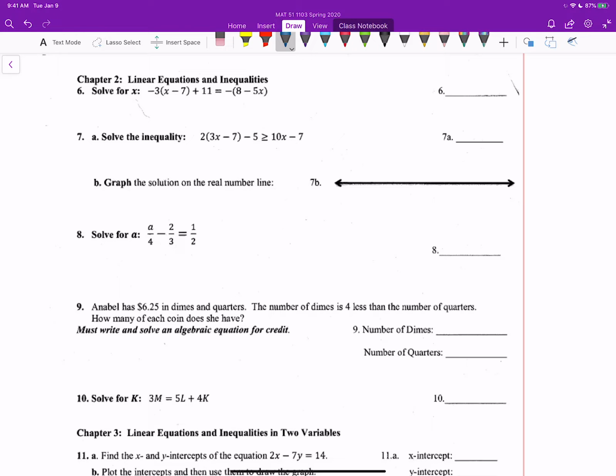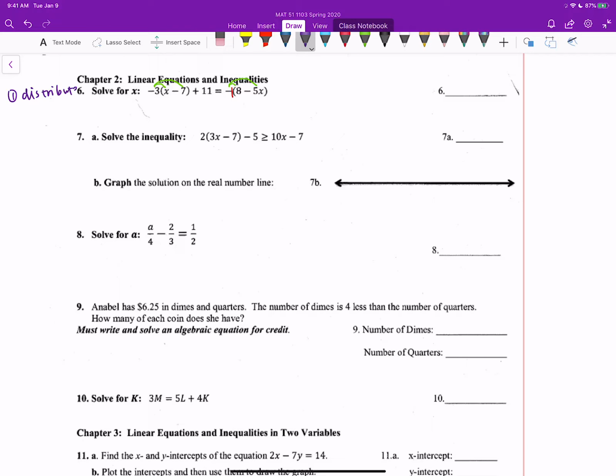When you solve for x, most of the time, what you're going to do is first, using distributive property to get rid of grouping symbols, and then combine like terms on each side, and then you isolate variable x and solve for x. So for this problem, first we're going to distribute -3 inside. On the other side, I'm going to put an invisible 1 outside, and then distribute this -1 inside. So step number 1 is